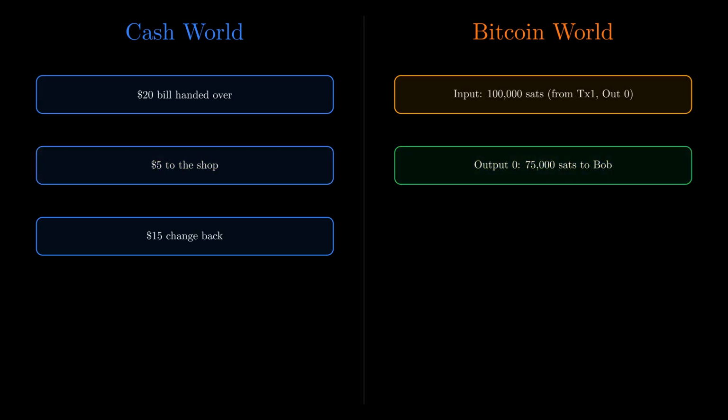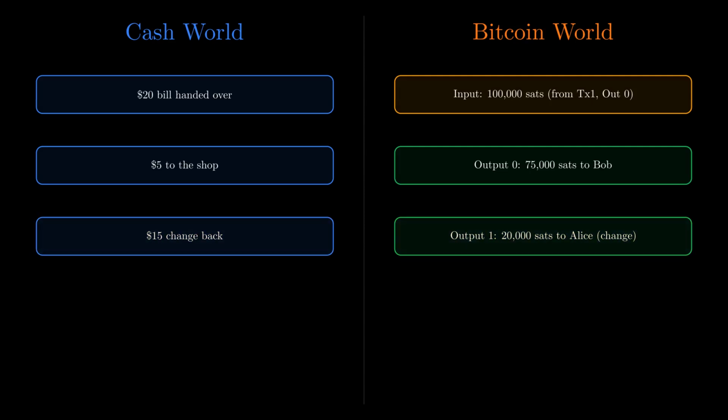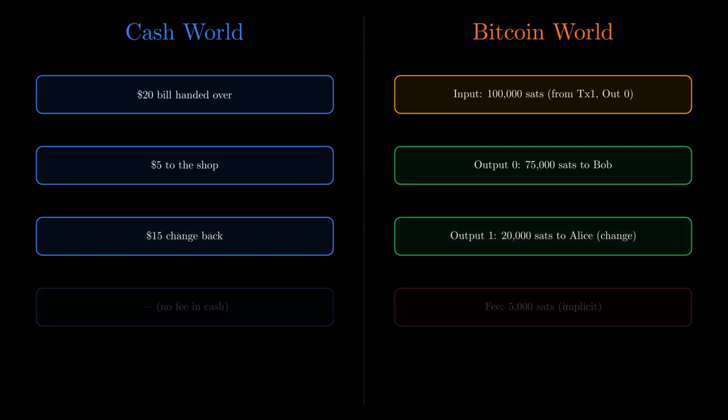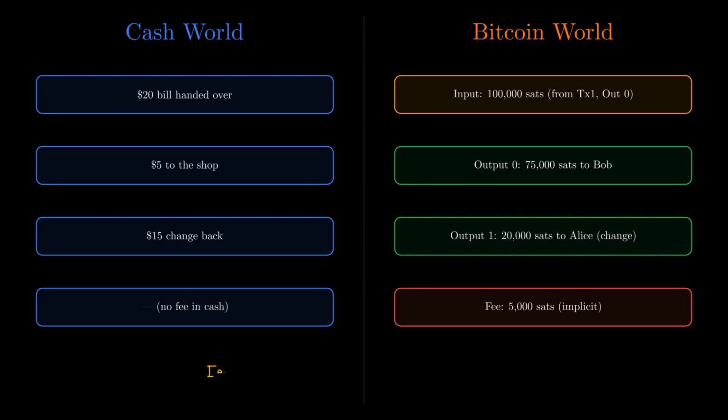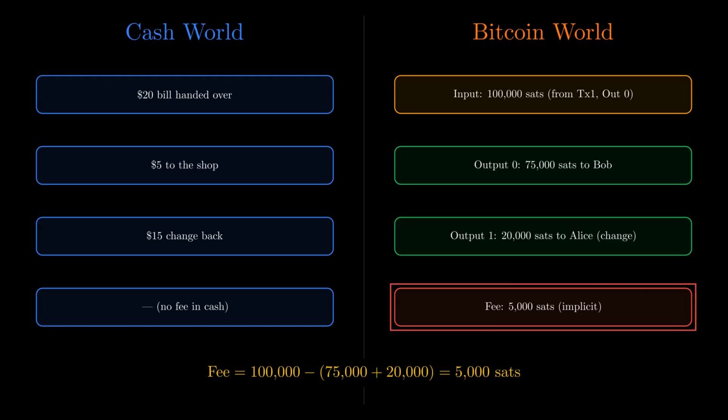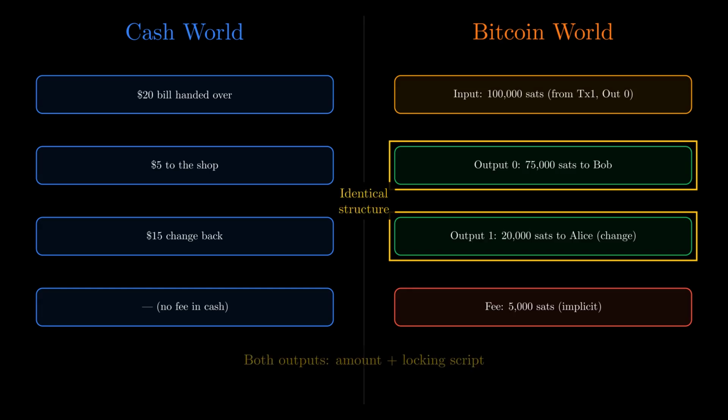So Alice creates two outputs. Output 0, 75,000 sats to Bob. Output 1, 20,000 sats back to herself. That's her change. Now let's check the fee. Total inputs equal 100,000 sats. Total outputs equal 75,000 plus 20,000, which is 95,000 sats. The remaining 5,000 sats become the fee, since fee equals total inputs minus total outputs, which is 100,000 minus 95,000,